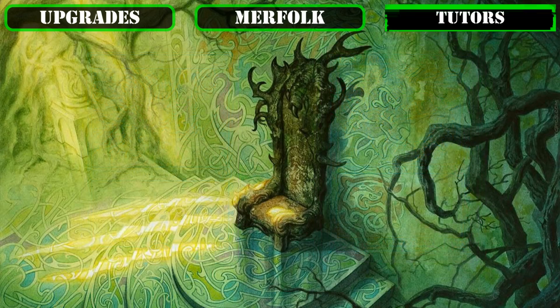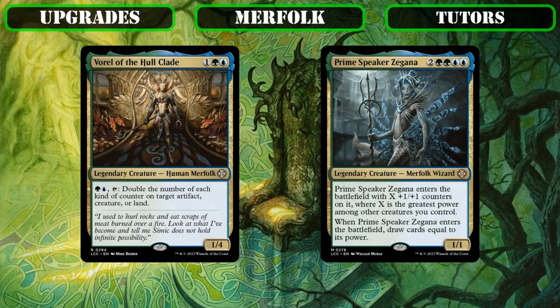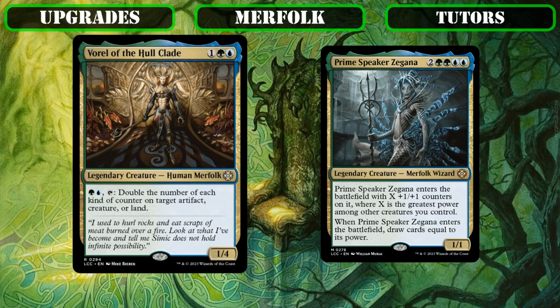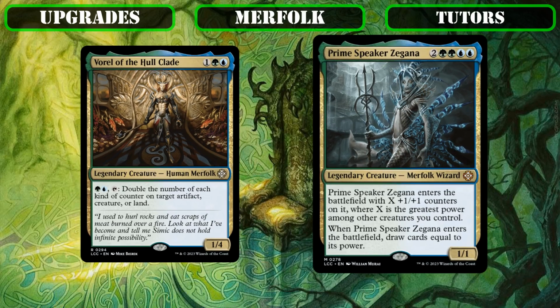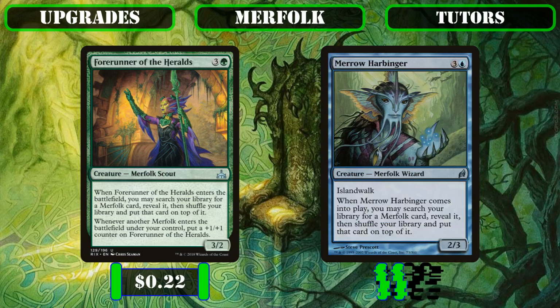Then in the latter camp, we'll be swapping out the legends Vorl of the Hulklad and Prime Speaker Zegana, the former single target counter doubling not getting too much mileage in this build, since we'll be spreading our +1/+1 counters around, while the latter's board state dependent stats and draw usually end up either being unnecessary on established boards, or completely useless on boards we're behind on, so we'll be swapping in Forerunner of the Heralds and Marrow Harbinger in